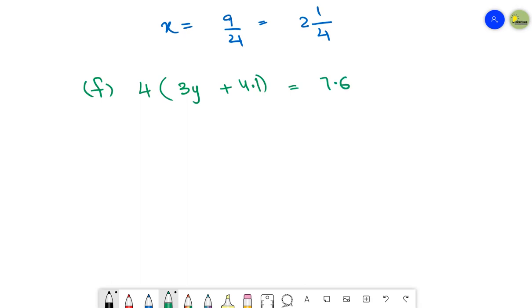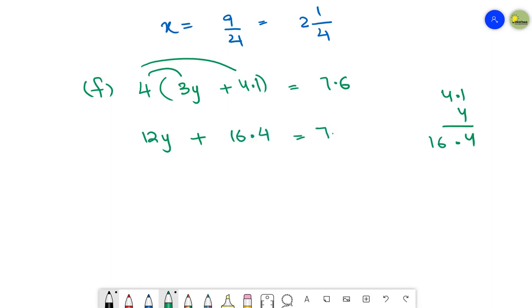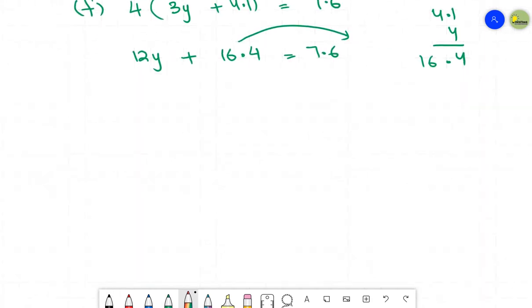What you need to do, just multiply the numbers. 4 threes are 12y plus 4 multiplied by 4.1. 4 ones are 4, then a decimal point, then 4 fours are 16. So it will be 16.4 equals 7.6. Now what you need to do, shift this decimal number to the other side of the equation. 12y equals 7.6 minus 16.4. Now you need to subtract the two decimal numbers. This is 16.4